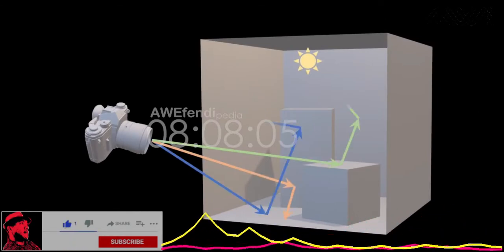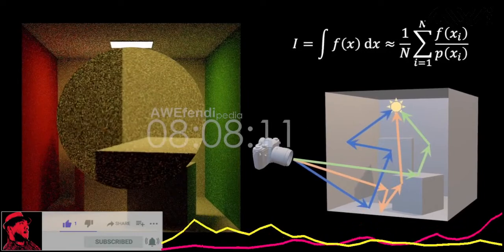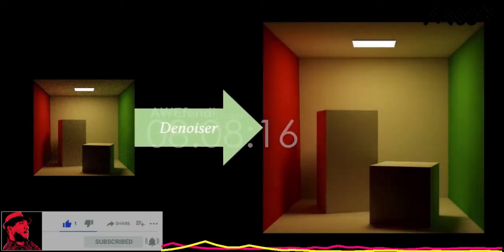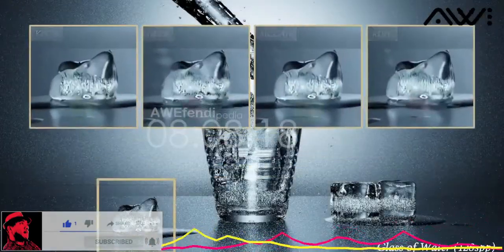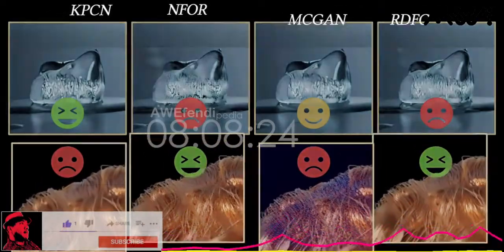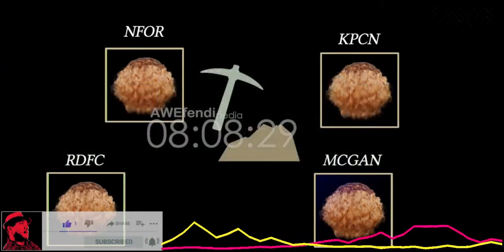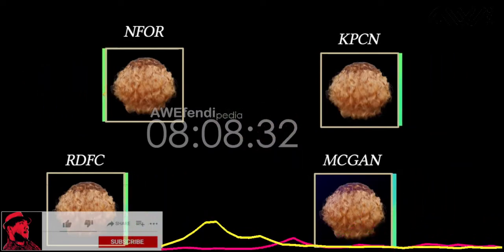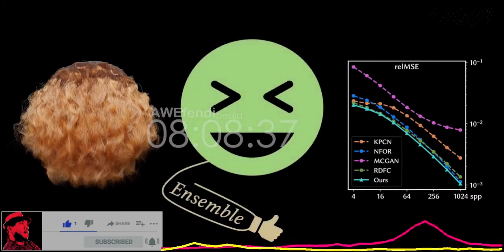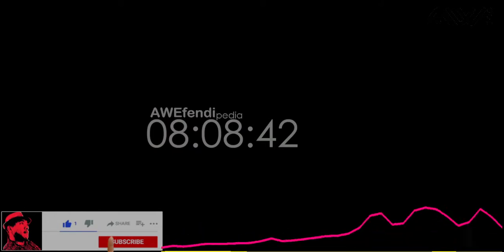Monte Carlo rendering computes images by chasing massive light paths, but is prone to unpleasant noise at insufficient sample rates. Denoising is a powerful technique to quickly get clean results. Unfortunately, it's too difficult to find a denoiser that works well in all scenarios. We propose ensemble denoising, an algorithm to combine multiple denoisers by solving the optimal weights per pixel. We robustly achieve better results across scenes and sample rates, both visually and quantitatively. Welcome to our talk for details.